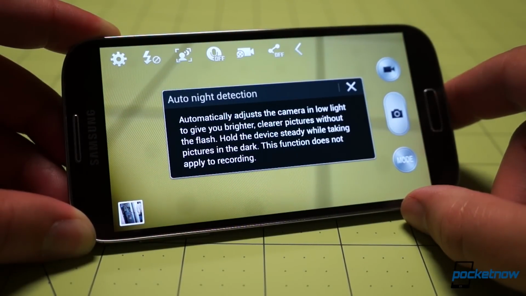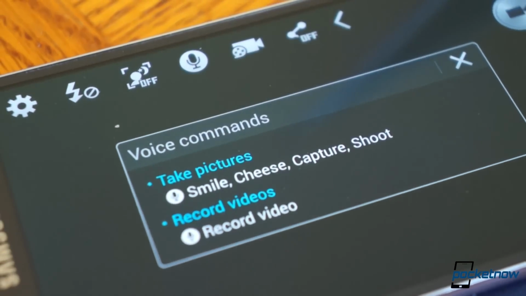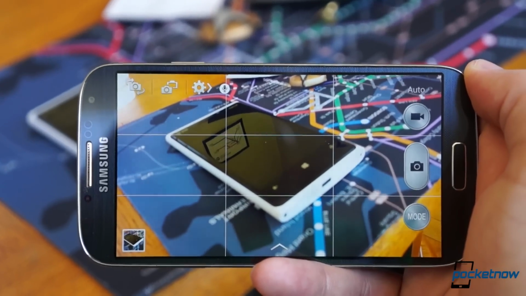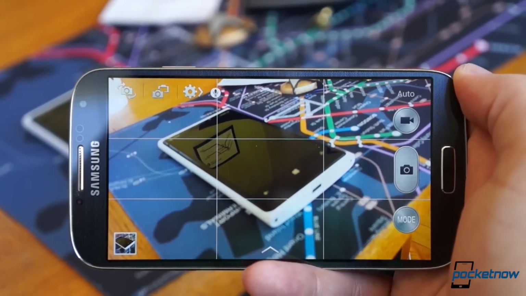a low light situation. Next up is the voice command toggle, which either enables or disables the function that lets you take pictures by telling the camera things like smile, cheese, capture, or shoot. Some of those trigger words work better than others, by the way. Cheese,